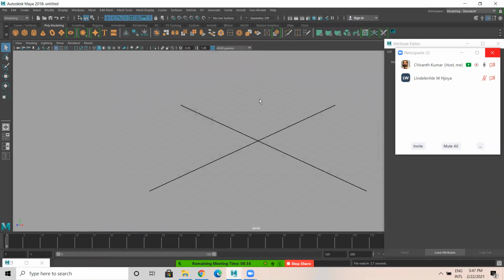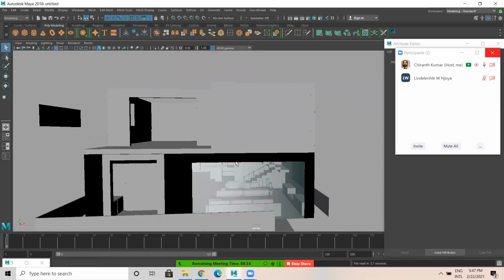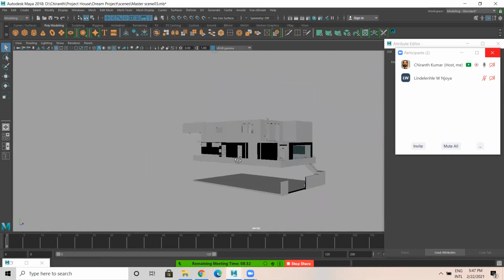Now I'm constructing a home for which I had a plan of how it is required.